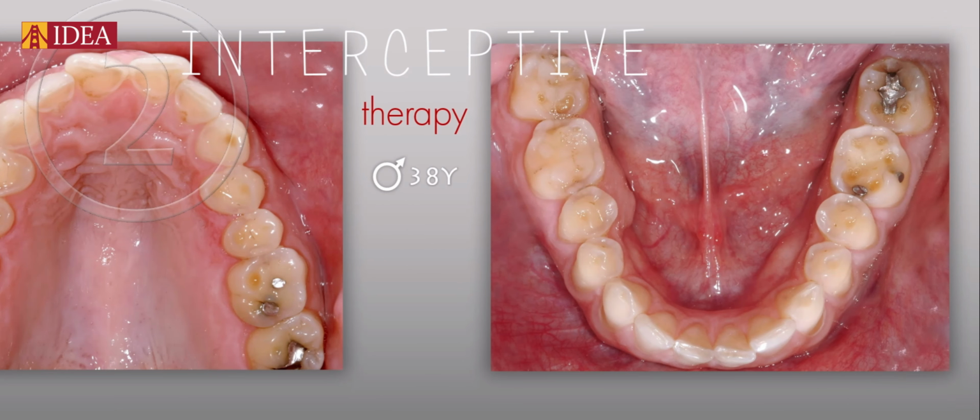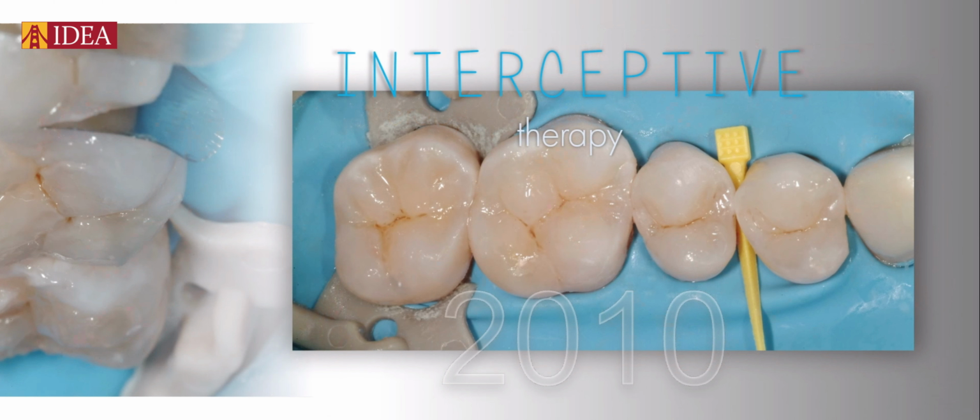Let's look at the first case to illustrate interceptive therapy approach. You see this patient, late 30s. We have a significant tissue loss here because of a combination of erosion and attrition or bruxism. And the question is for us, are we going straight with a full mass classical rehabilitation, or can we do something else? Actually here, following proper functional and occlusal analysis and a full wax up of this case, I made